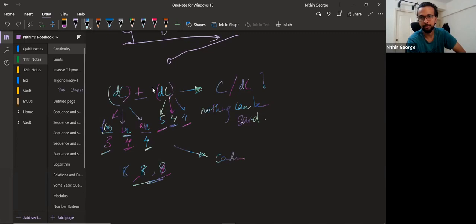In other cases, you can put any value here for LHL and RHL. They should be discontinuous. That's the only condition. So there is a possibility that there can be a continuous function. I was expecting you to say discontinuous function. You said continuous function. I was just taken aback. You expect a discontinuous function, but you can get a continuous function in some cases. So you can't really say that it's continuous or discontinuous just because you're adding two discontinuous functions. Got this?